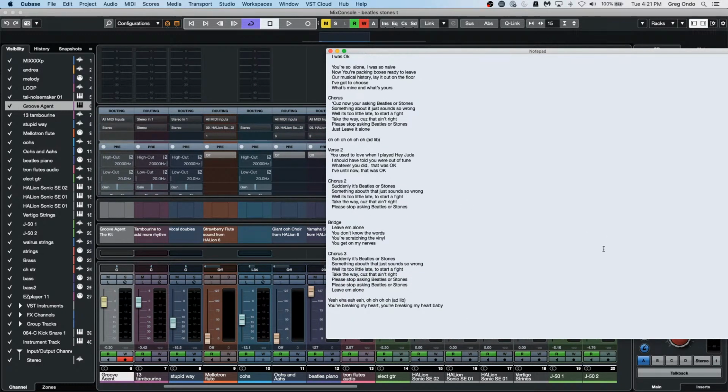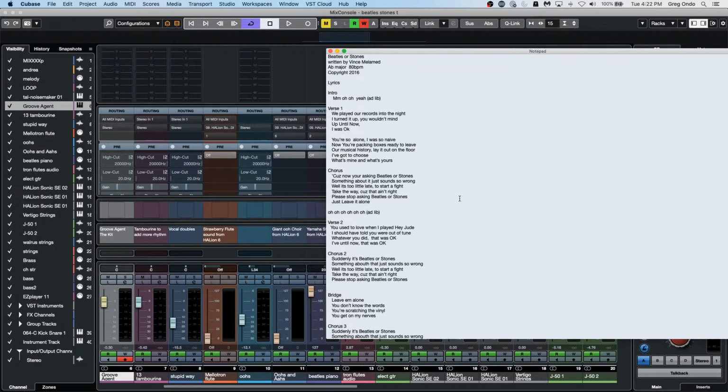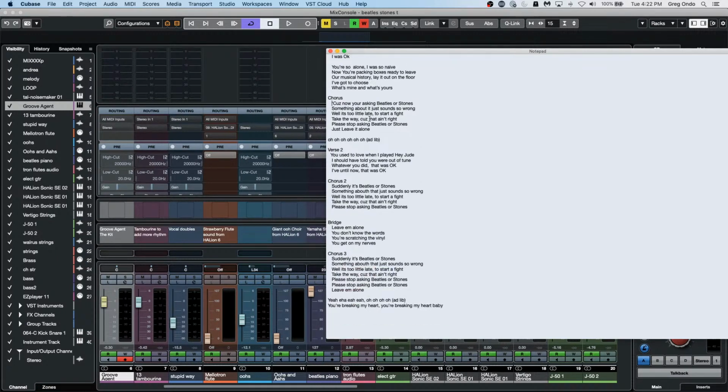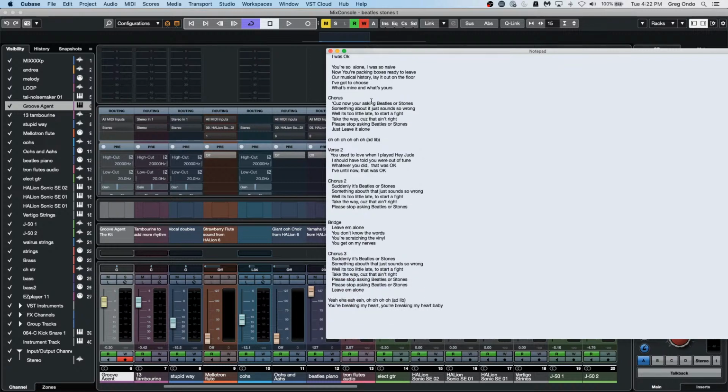So I know that there's not a lock on it, but I could see all of my different types of track information here. So here I just put the name of the song, the composer, what the key and tempo is, copyright information. I put the lyrics in here so that we could have it as a reference that could be stored with the Cubase project file. Now, if I wanted to combine my global notepad with all of my track notepads, all